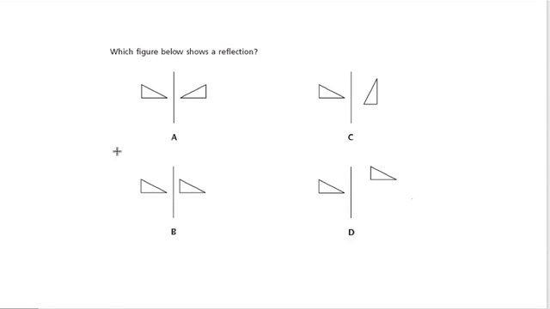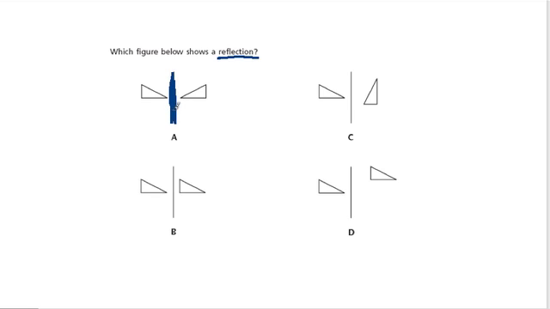Okay, in this problem we have a question asking us which of the following choices show a reflection. So we're looking at reflections here, and the way I think about reflections is that you take a shape and you use a line of reflection, so here's our line in each case, to make a mirror image of that shape. And just like when you look in the mirror, everything is the same, but everything is almost in a